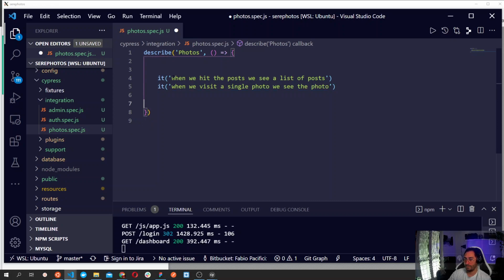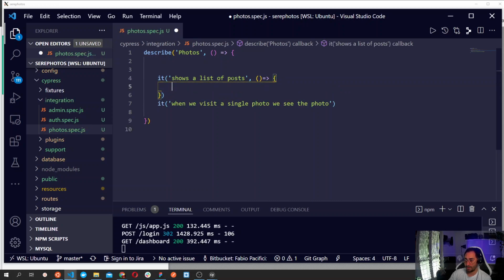Well, that's all I can think of for now. So let's rephrase this. I don't like it. Shows a list of photos. Okay, shows a list of photos. I think it's fine. Let's add a closure, and then